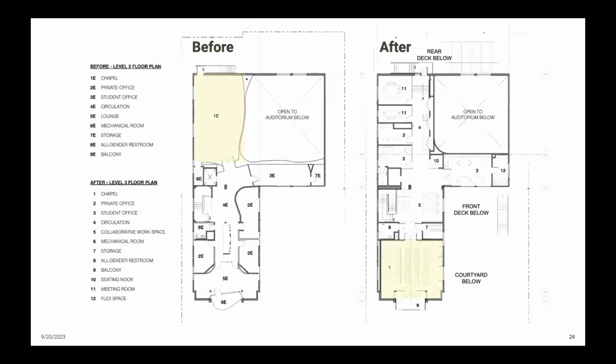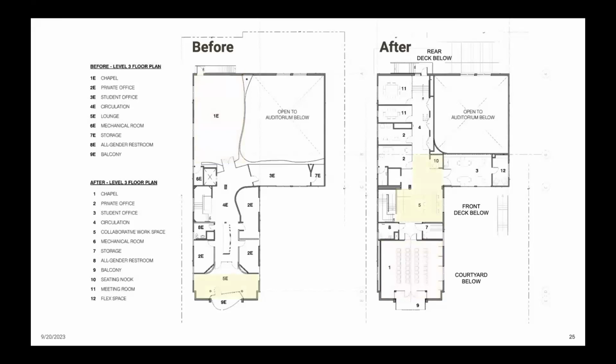And one of the most important spaces in the building is the chapel. In the existing building, the chapel was located at the very back. It had pretty low ceilings, and it didn't have access to much natural light. So then in our renovation, we moved the chapel to the front of the building where it would be overlooking the street. We exposed the vaulted ceilings, and we did that to give the space a stronger presence.